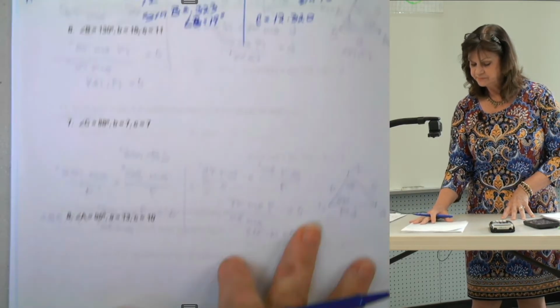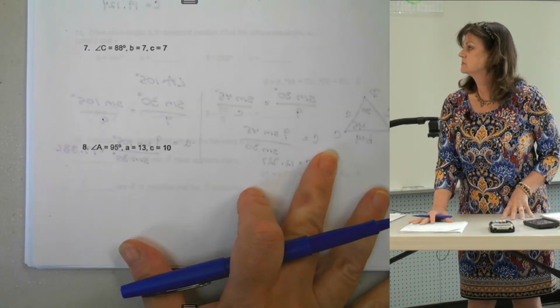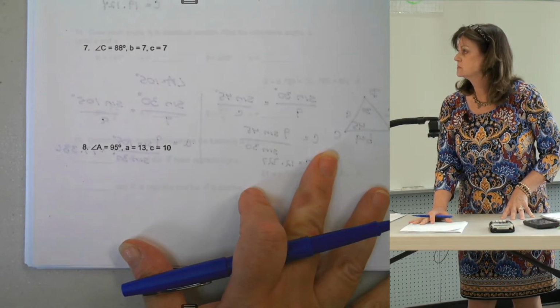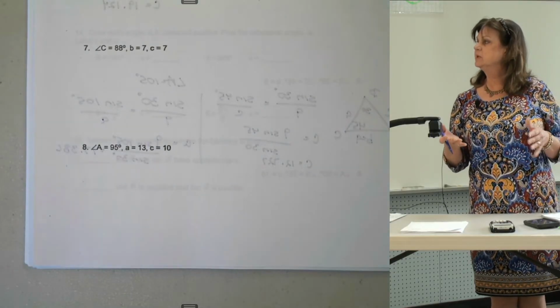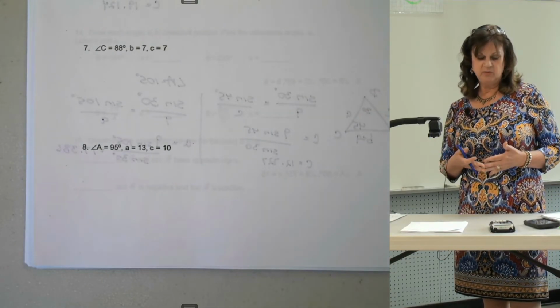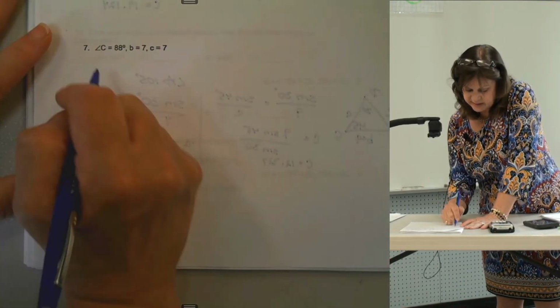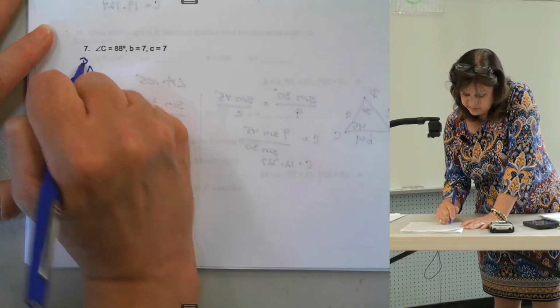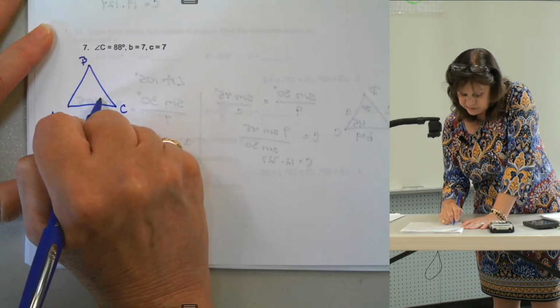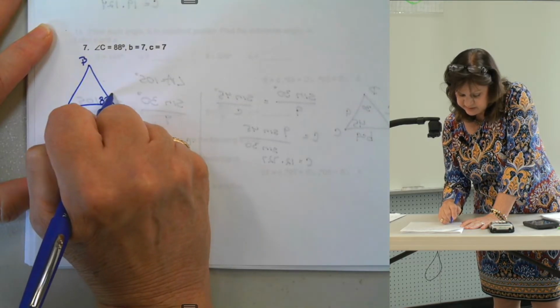All right. Let's look at 7. Well, right away we're being told that length C and length B are the same, which means what? Angle C and angle B would have to be the same. Please remember these are not drawn to scale. So if this is 88 degrees